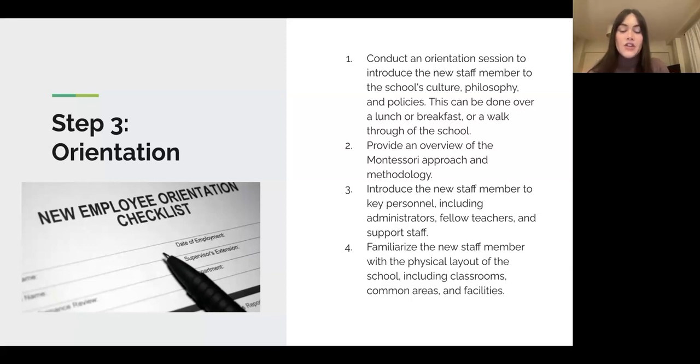And this is where you would then introduce the new staff to key personnel, administrators, fellow teachers, and support staff so they know where they need to go for what. And you'll be familiarizing the new staff member with the physical layout of the school. This is the tour that you're showing them, every workplace that they'll engage with, where they can park their car, where they need to go if they have a locker, where they can keep their things, if they want to have a cup of coffee, if they need to restock on materials, etc.